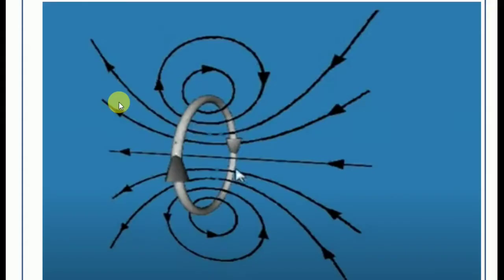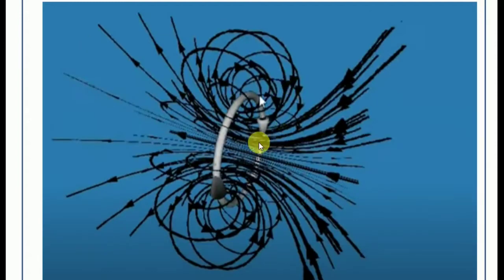So this is a picture from another angle. This is the final picture in which I have considered the magnetic field at each point of the circular coil, and you can see magnetic field lines are entering the loop from one face. So this face will act as a south pole, and magnetic field lines are coming out from this face, and this face acts as a north pole. So this is a picture of a solenoid.